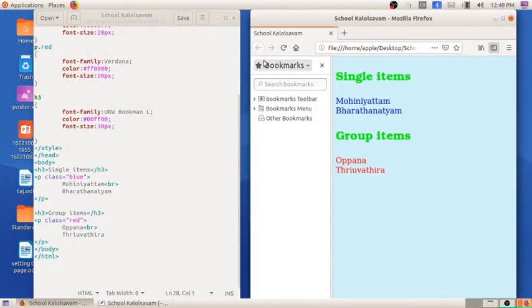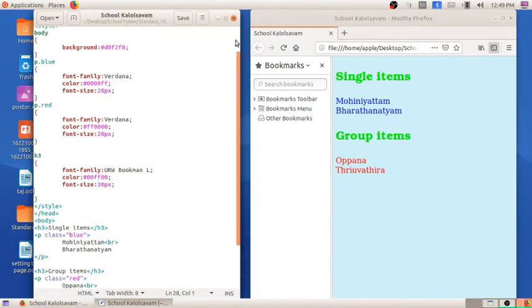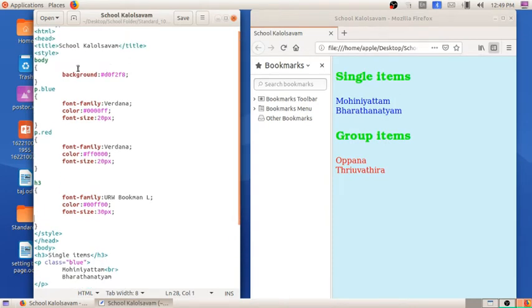So here I will be telling what all things we have done. This is the style tag. Under the style tag for body, we have applied the background color. For the contents, that means for paragraphs, we have divided it into different classes, blue and red, and we have given the different colors that is reflected here. And also for heading, we have given the specific color. Here we are giving background color for the headings.